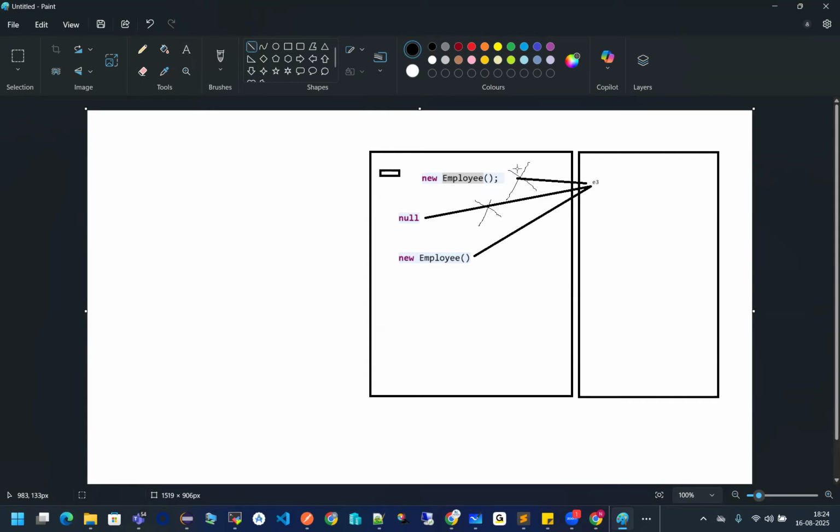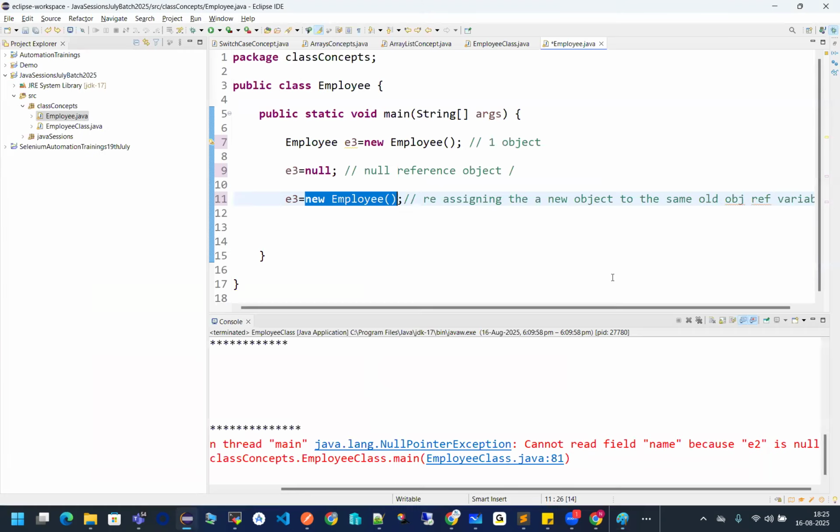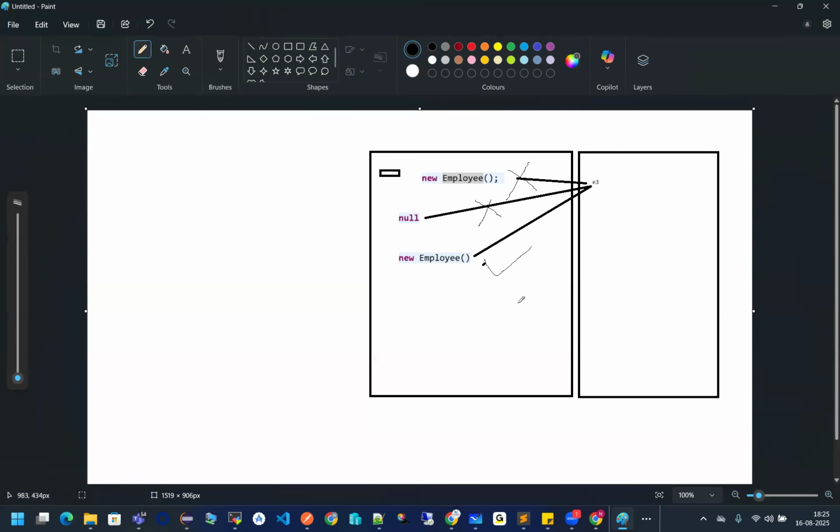So first of all, it was there, cut down. Then it was set to null. Then it was again back to a new object. So right now the current state of this E3 is pointing to this one, correct? Fine. So this is the point that we need to know, that we can actually assign multiple objects. But what I asked you the question was,